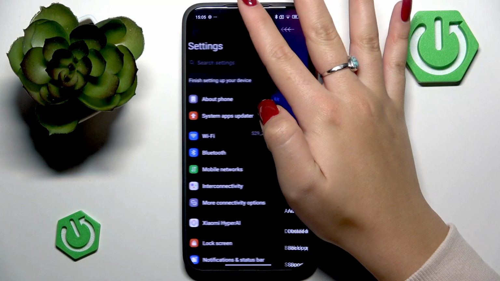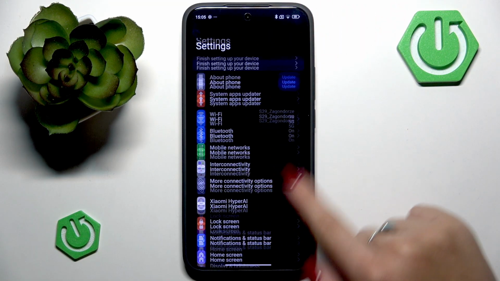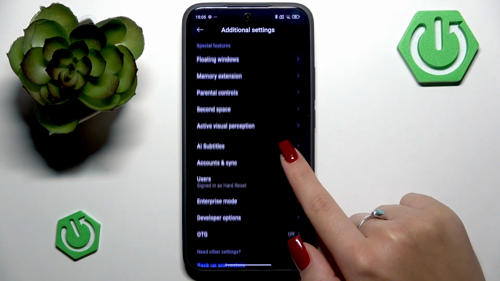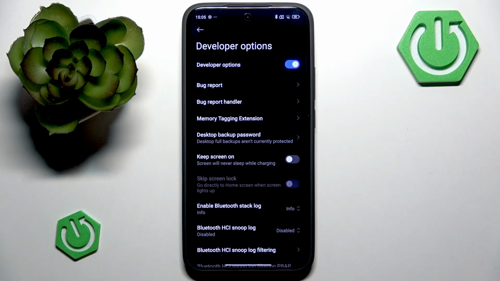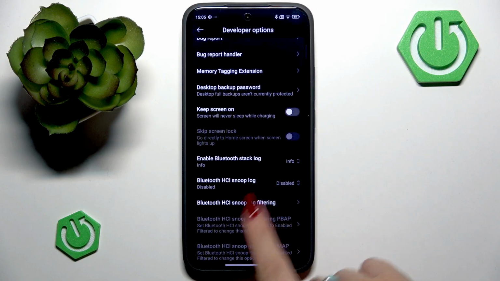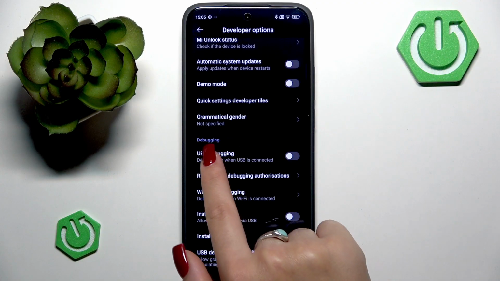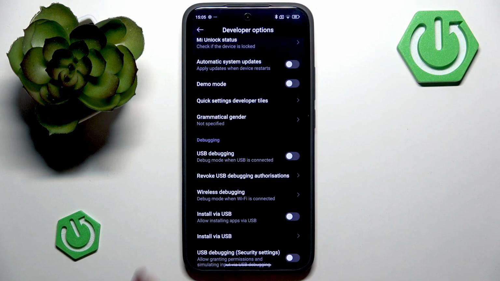mode. So let's go back to settings, and you want to scroll down to additional settings, and here find developer options. So now in this developer options menu you want to find debugging section. So here it is, a debugging tab, and find option USB debugging, and you want to finally toggle the switch